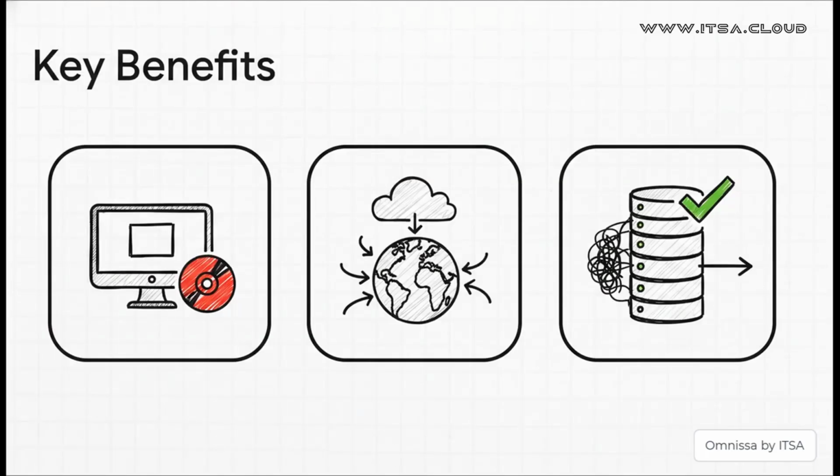Okay, so let's break down what this actually means day to day. First off, no more being chained to one specific computer or worrying about patching yet another piece of software. Second, you get the flexibility to, say, troubleshoot an issue from home or spin up a new desktop pool while you're on the go. And third, and this one's huge, you have one reliable source of information. That means no more conflicting data, which makes troubleshooting so much easier.